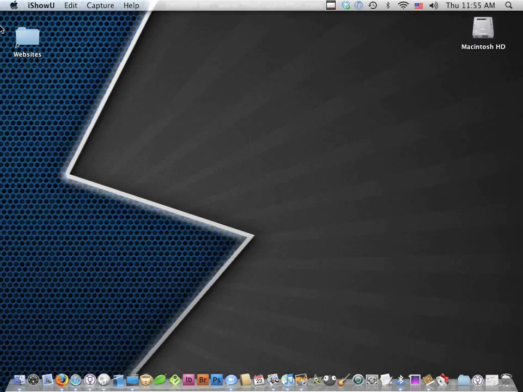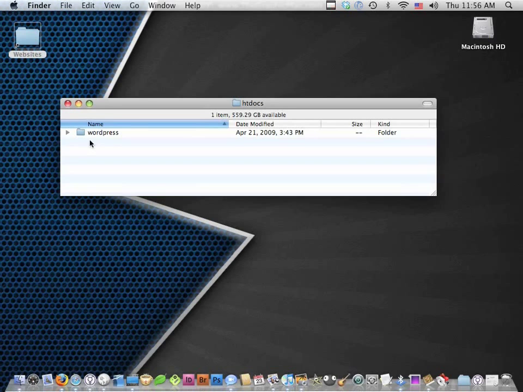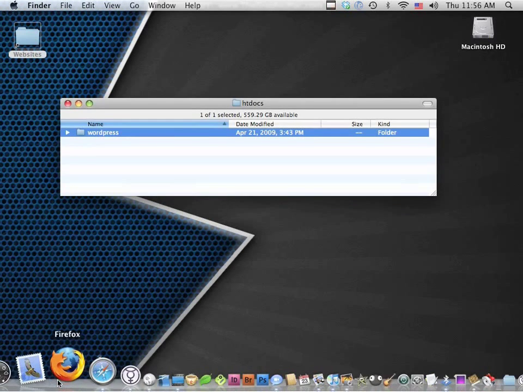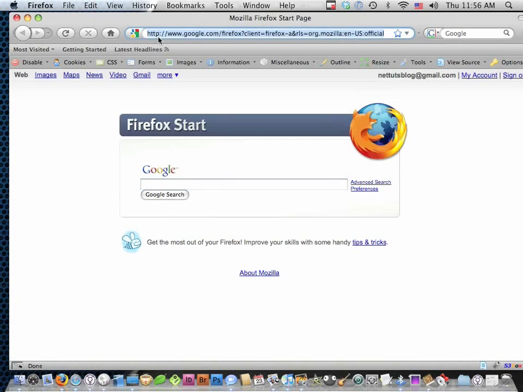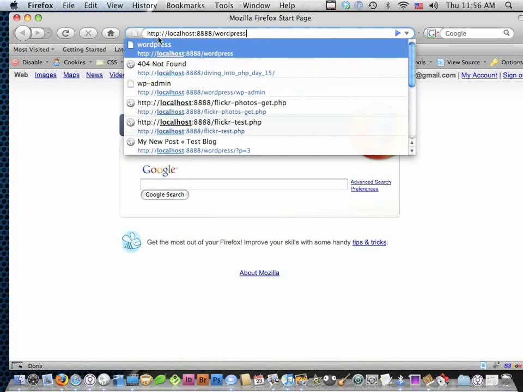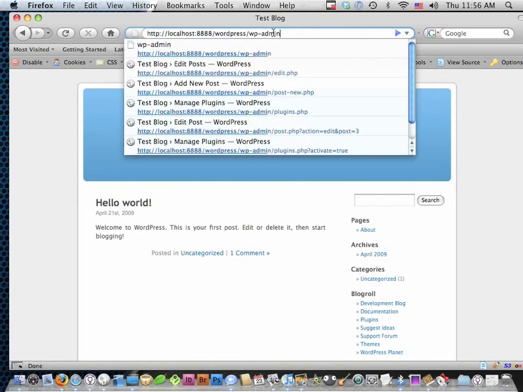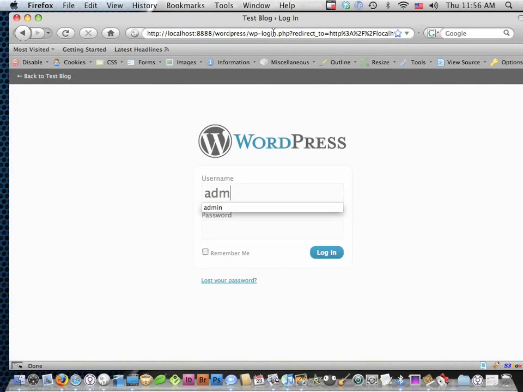To get started, I have MAMP running. I'm going to go to my htdocs folder, and I have this WordPress folder. So let me open up Firefox and browse to that folder. It's localhost/WordPress, and I have the basic installation of WordPress running. Okay, so I'm going to go to wp-admin and log in,